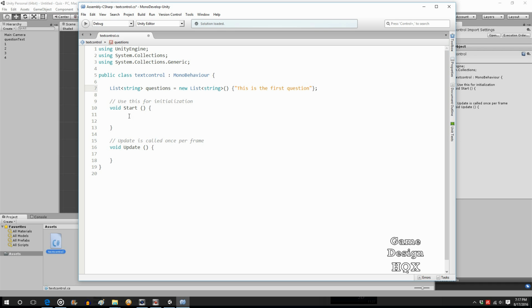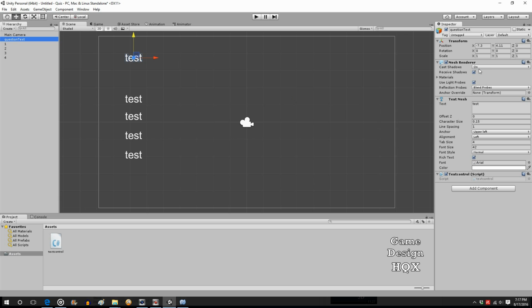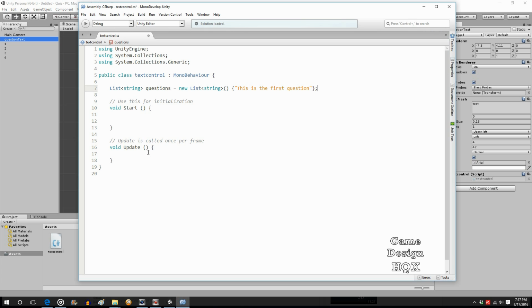Now, to change the actual value of a text object, when you click on the object, you can see it has a text mesh, and a text attribute. So that's what we want to go after. For the moment, we'll put this into the start section, but for the game itself, it'll actually be in the update section. So get component. Again, here are these greater than and less than signs being used like parentheses. So get component, we said it's the text mesh, and we said it's the text attribute, and it's going to be set to,